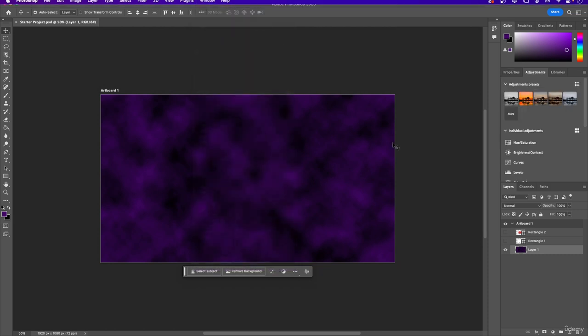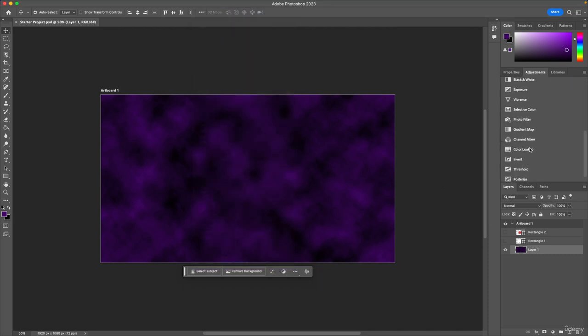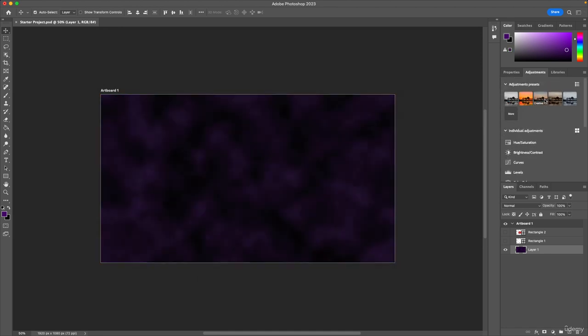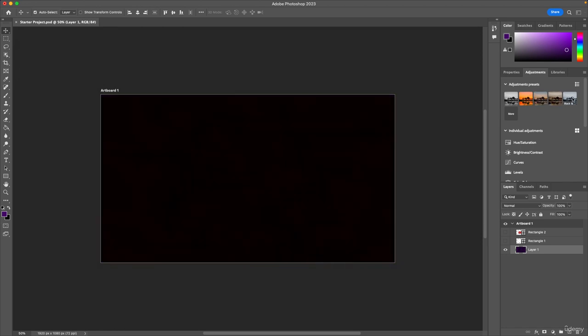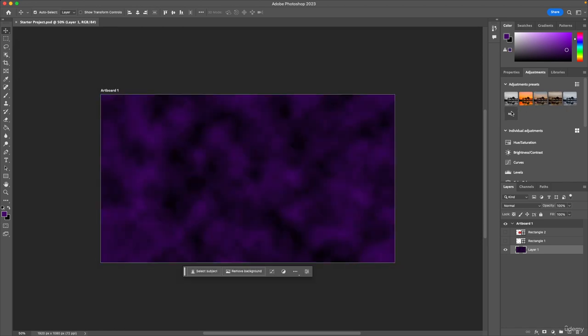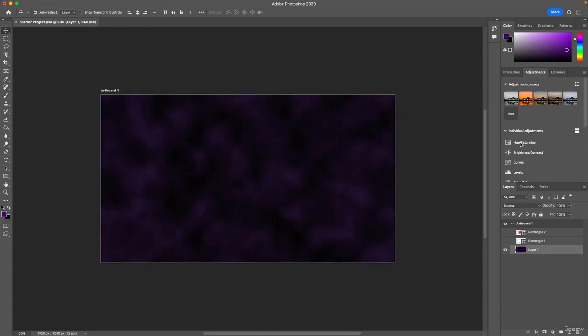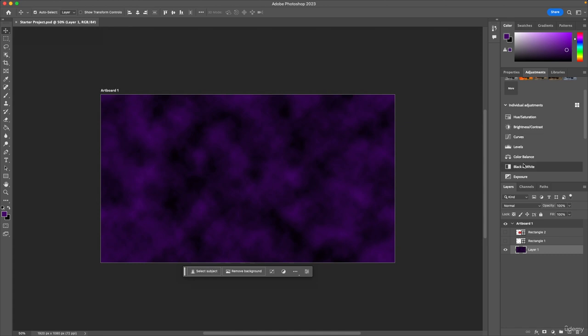Okay, so then we have adjustments. So adjustments are just templates or preset adjustments. Okay, so I can just hover over them and in real time I can see what it would look like if I used one of these presets. Okay, same with hue and saturation, brightness, curves, all that stuff. Same kind of thing, but it's, again,